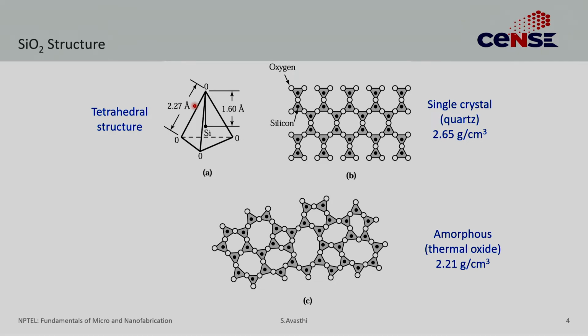The density of crystalline silicon dioxide, which is quartz, is around 2.65 grams per cubic centimeter. What you end up actually growing is a thermal oxide, which is amorphous and has significantly lower density. The structure maintains its tetrahedral unit, so it is stoichiometric and everything, but it is not crystalline. It has this sort of amorphous, undefined crystal structure, but despite that its electrical properties are excellent, which is both a surprise and a happy surprise.